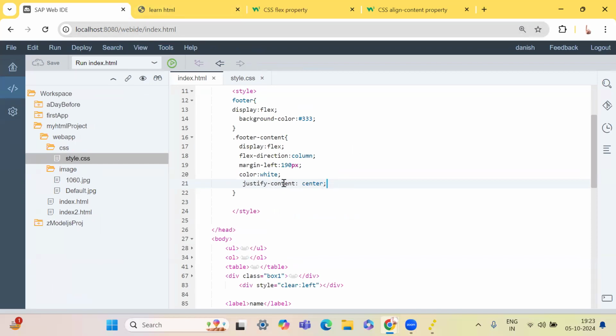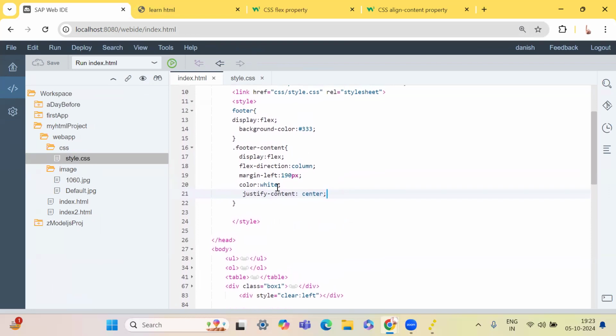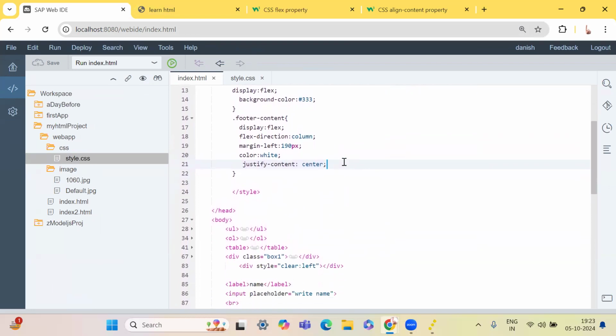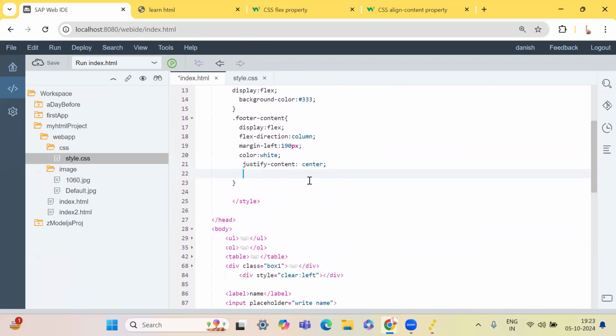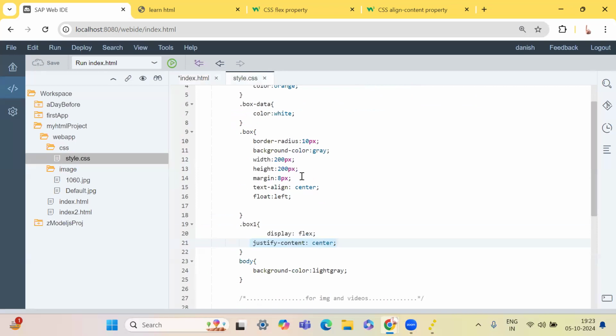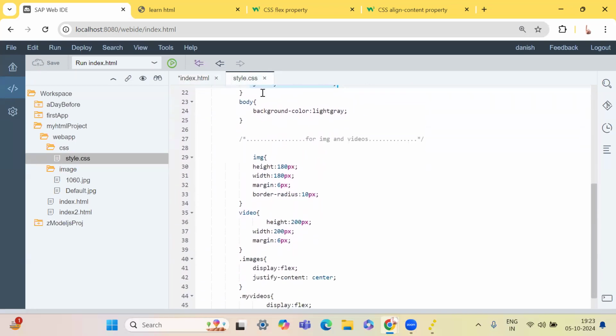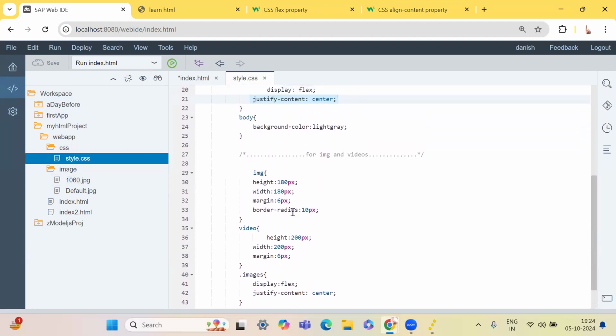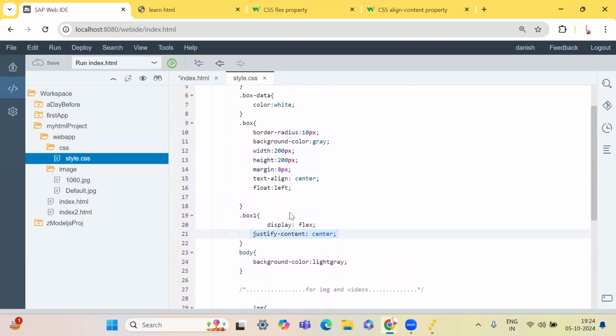Justify content center. Yeah. And color is white. And we can also put one more thing. We can come back to our CSS file and see. You see this button, and this button can be used to check which file you're in. So if you press it, it will automatically take you to the file you are currently working on. So this is our CSS file, and in that we put a thing called